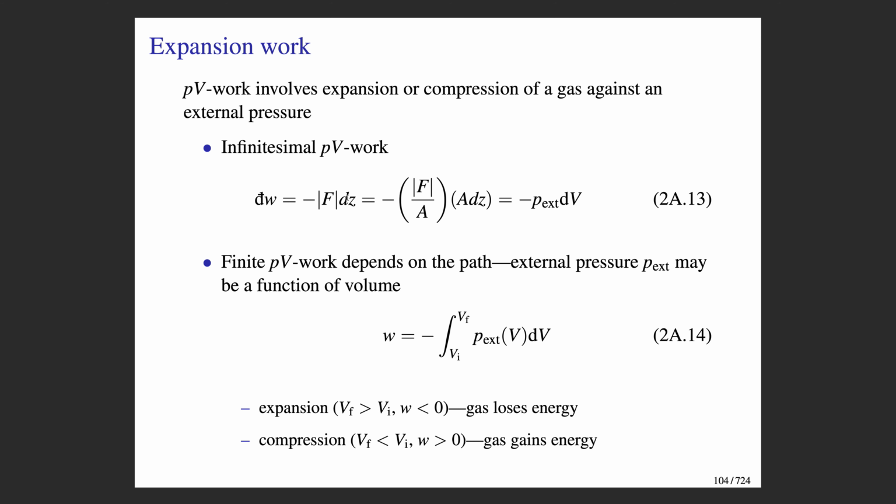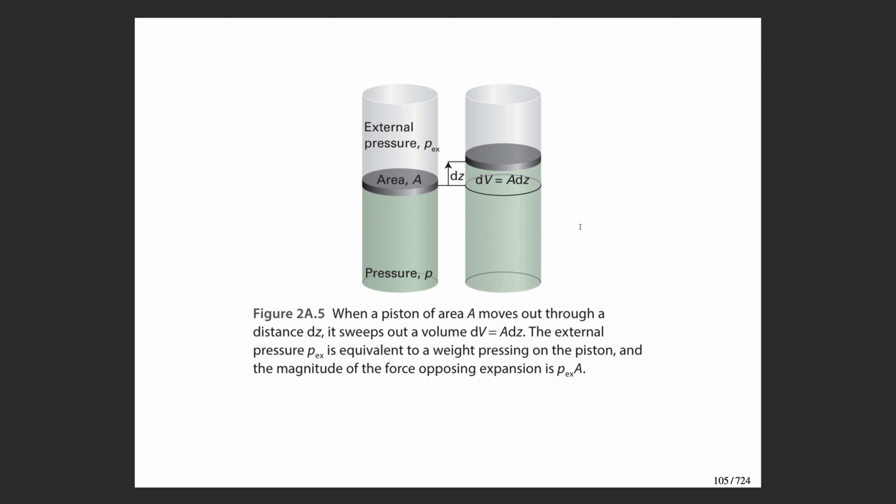If you take these two terms here and you multiply and divide by a surface area, you wind up with this expression here, where the force over the area can be defined as the external pressure, and then the area times this infinitesimal distance can be viewed as a change in volume. Here I have a figure representing that. So the idea is we've got some sort of piston, we've got a gas inside the piston that has a particular surface area. Let's say the pressure inside the gas is a little bit larger than the external pressure,